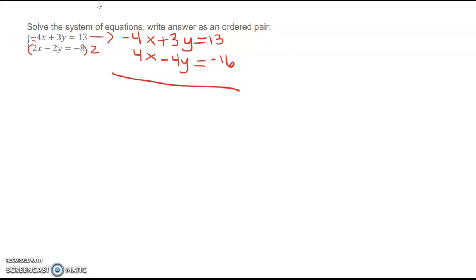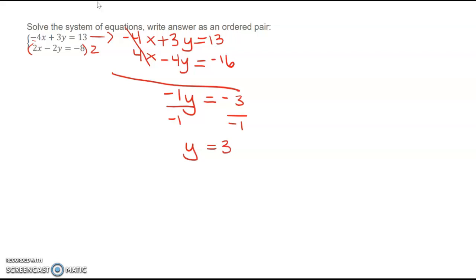Now, I've got my two equations. I've got these x terms the same but opposite, which was the goal. So now when I add the two equations together, those will cancel out and become just 0. I can do positive 3y minus 4y, get a negative 1y equals 13 plus a negative 16, or 13 minus 16, get a negative 3. We need to solve for y, so divide by negative 1 on both sides, so we get y equals